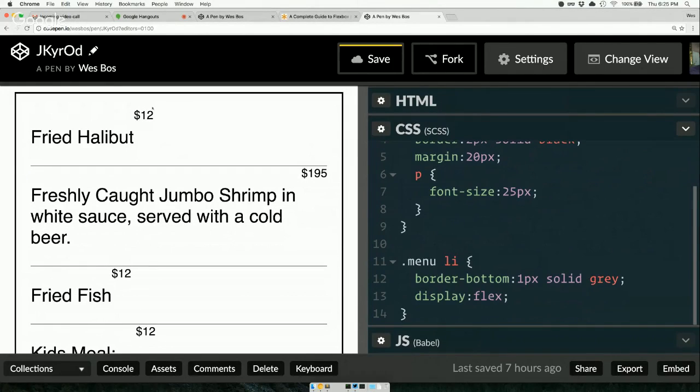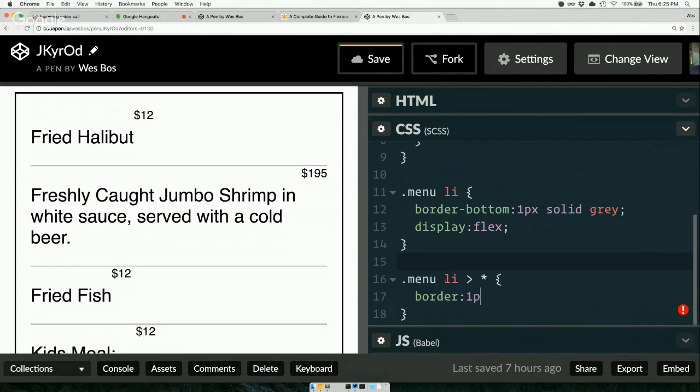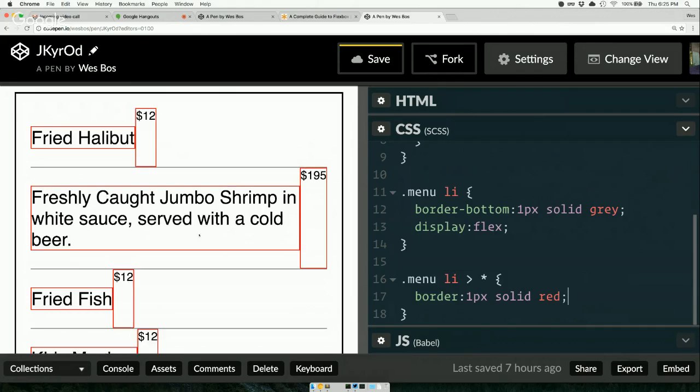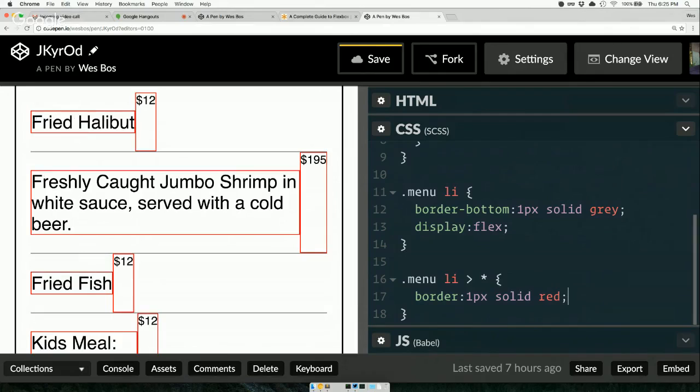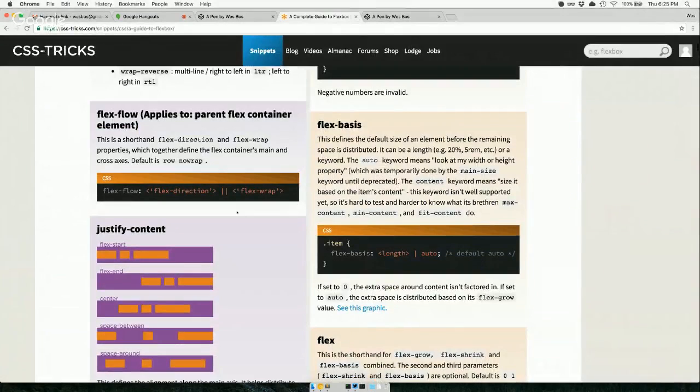What's interesting about this is maybe if I were to put a border on each of the flex items, so menu li, every single flex item, say border 1px solid red, you'll see that these are the 2 flex items. We've got our paragraph tag and our actual span here. Now, if I wanted this one to go on the right hand side, I would quickly look at my Flexbox